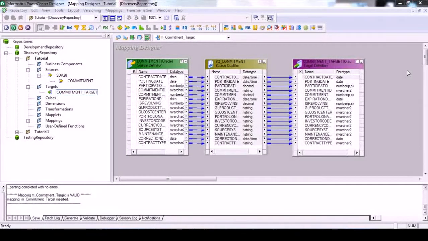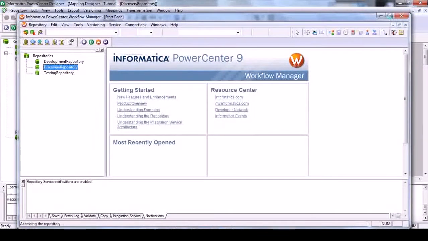Now we will move forward and create a workflow. Here you can see these are the symbols: D for designer, R for repository manager, W for workflow manager, M for workflow monitor. So let's connect to the workflow manager. As the credentials are already used in the PowerCenter Designer, it will use these credentials to connect to the discovery repository. If the same user has the relevant rights, then it will allow us to work in the workflow manager.